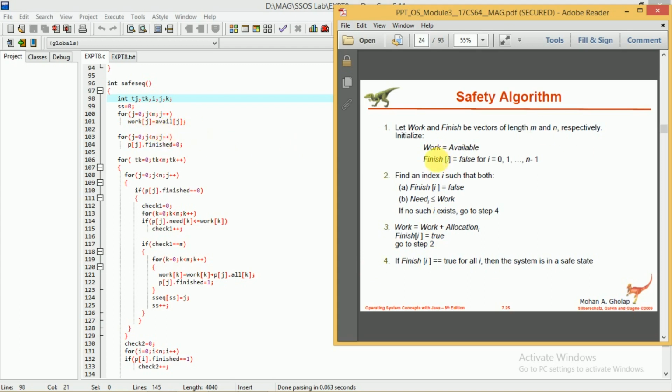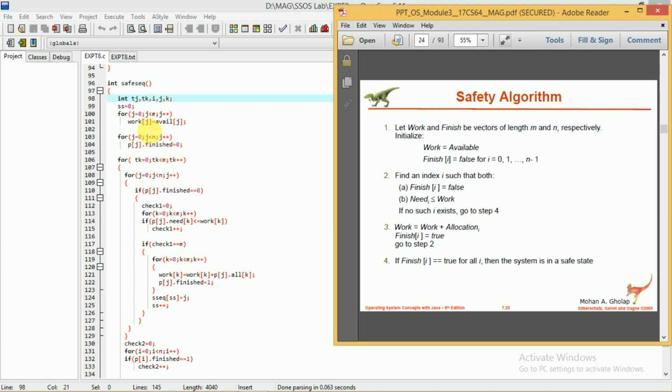After this, next we have to implement this one, that is we have to write finish of i equal to false. But here what we have done is, for every process we have the data member in the structure as finished, and to indicate false we write 0, and to indicate true we write 1. So we have to initialize to false, means we have to assign 0. So it is for j equal to 0, j less than n, j plus plus, p of j dot finished equal to 0.